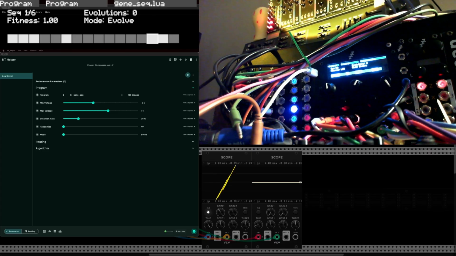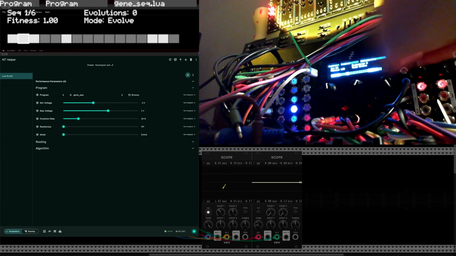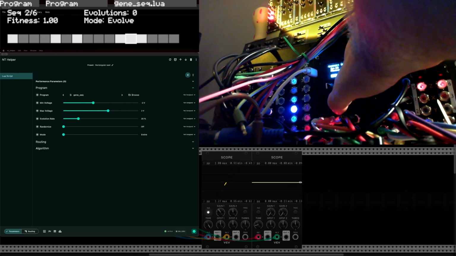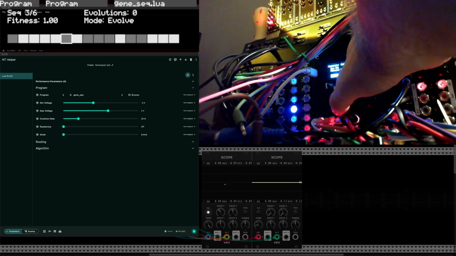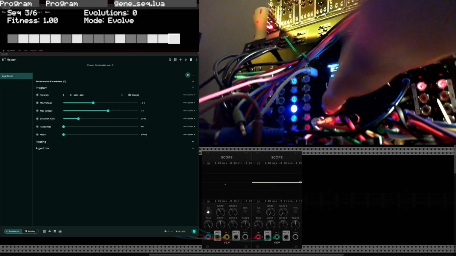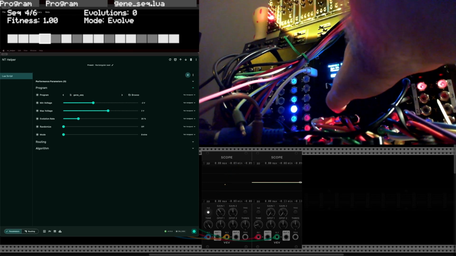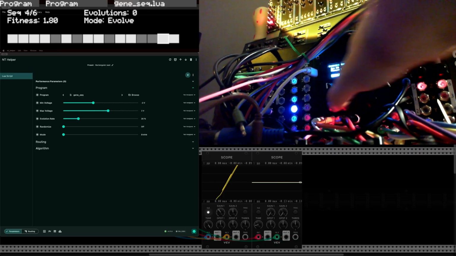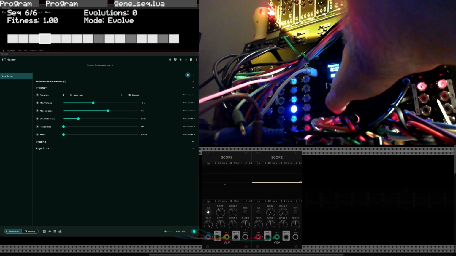It's kind of interesting in that it has an evolution rate, a min and a max voltage, and inside of here you can change between the different sequences, and if you like a sequence, you can increase its fitness. So let's say we like that one, we can increase its fitness, and